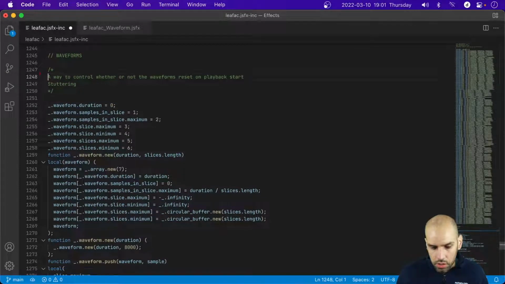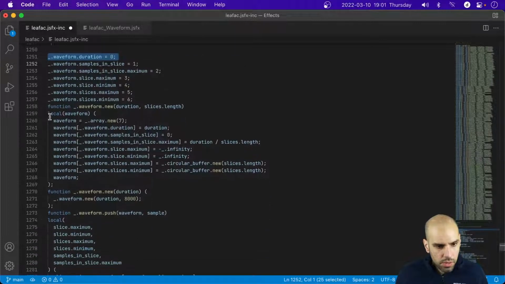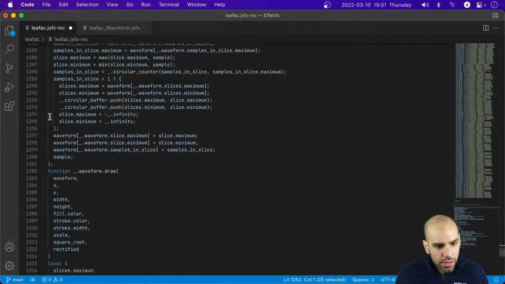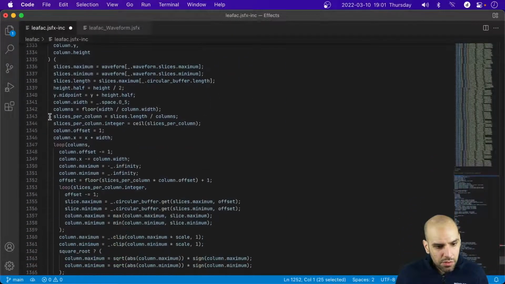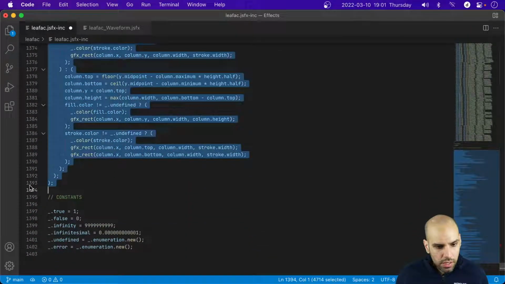The contour, yeah, we are working on that. Stuttering, it's the issue that I mentioned where the scrolling is not smooth. And a way to control whether the waveforms reset on playback restarts, that's kind of a separate issue. So, well, the approach that we are taking is fundamentally different now, or the approach that we are going to take is going to be fundamentally different. So I think